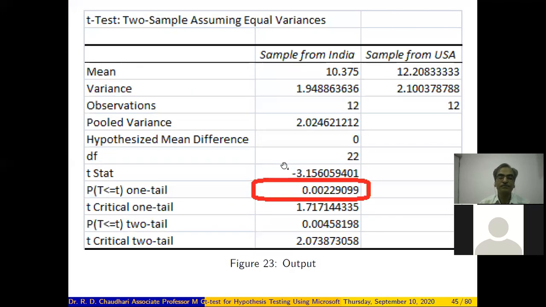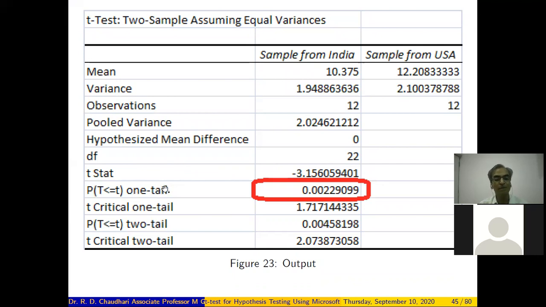Since the alternative hypothesis is less than type, the p value we have to take is the one-tailed one, right? Remember, there are actually five values. The first one, t stat, is the value of the test statistic. The next one is probability t less than or equal to small t, one tail.